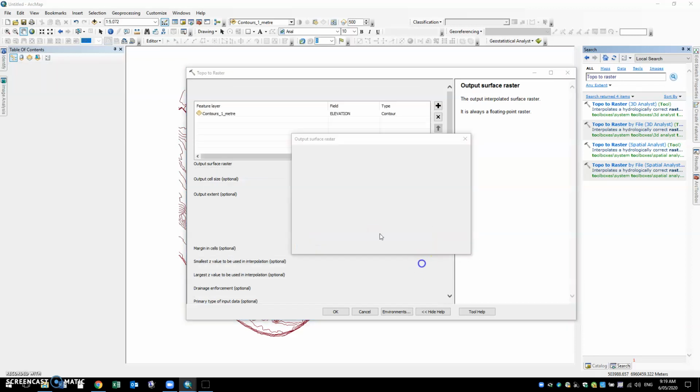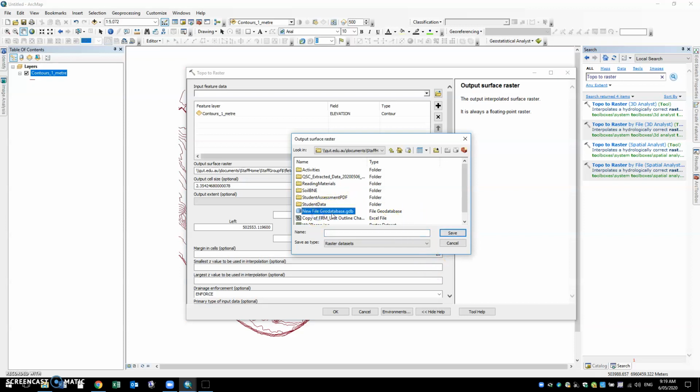You can see that even I suffer from ArcGIS slow access, and this will be called slopes CBG. Okay. And so we're going to put it in here, and we're going to call it ELEV